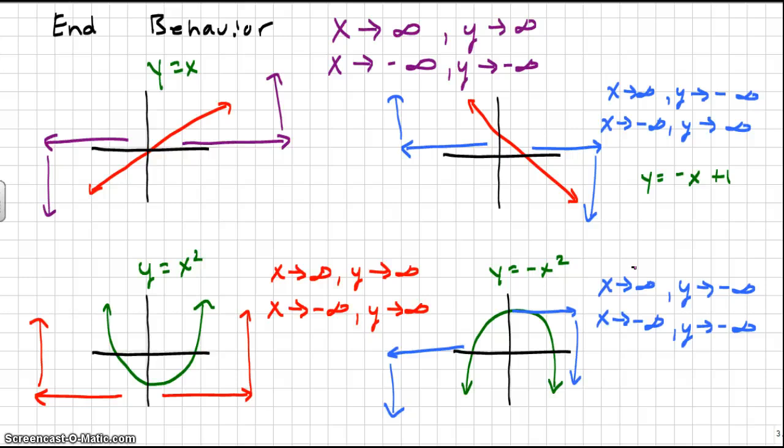So here are 4 cases. I have a positive and a negative linear equation, and I have a positive and a negative quadratic equation. And if you look at the end behaviors for each, just take a second to look at those. And then we're going to look at